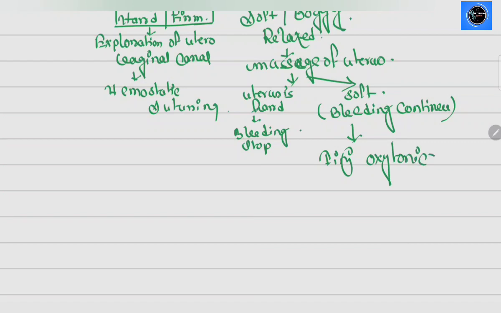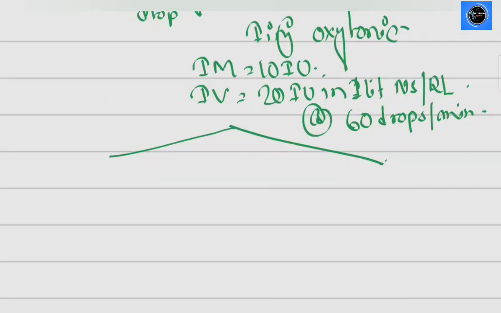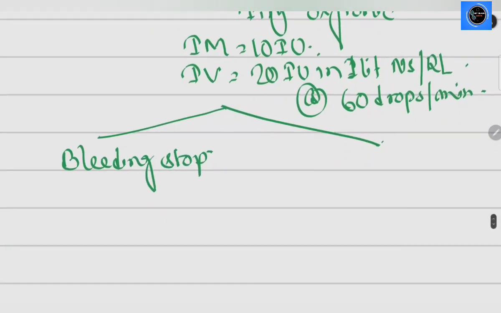When you give this injection oxytocin through IM, you can give 10 international unit. But when you give this oxytocin by IV, you can give 20 international unit in 1 liter NS or RL, and the flow rate is 60 drops per minute. After giving this oxytocin, two conditions can occur. One is bleeding stopped, so this case will be managed. But when the bleeding is continued,